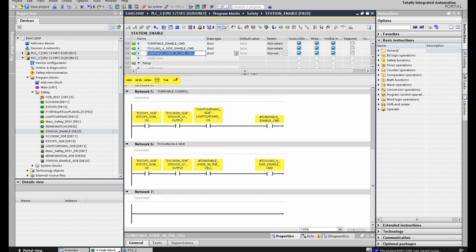So I rename this A_side, which means if the tooling at A side is in the cell, the tooling at A side will not care about the light curtain. Only the EStop and the GateSwitch will disable the tooling at A side now. But once,